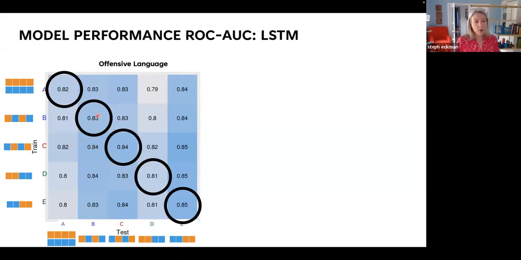I think the first big takeaway, and that's what I'm trying to show you with these black circles, is I would have expected to see a really strong diagonal effect, right? That each model would do best when tested against labels collected in the same condition. So AA, BB, CC, DD, and EE, I thought we would see those pop out as having the highest performance measures. Other than row E, that is not what we see. We don't see the model doing best in those conditions.